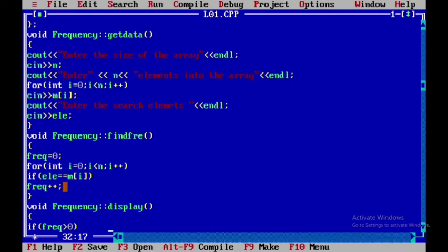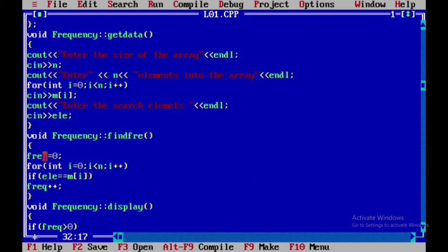Okay, like that it's going to loop until the i value is less than n. Then when the i value becomes 5, since I have taken n as 5, when the i value is not less than n, at that time it comes out of the loop and stops the iteration.